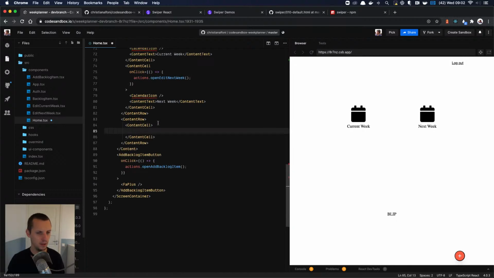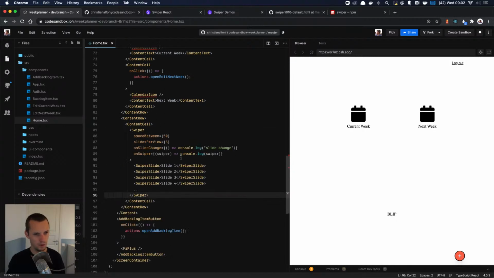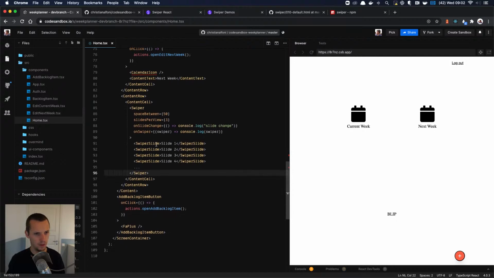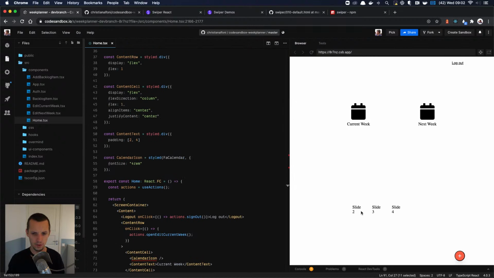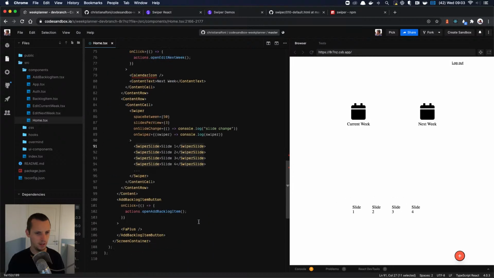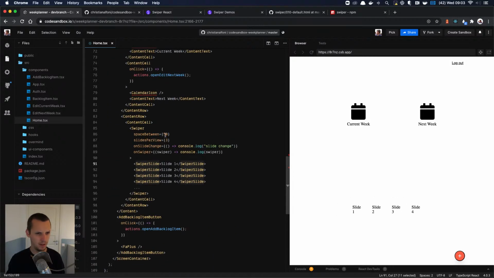Here it is. And then we need like a swiper. Oh, that's nice. Oh, it's working. The only thing is space between slides per view 1. Like how do we... Oh, wow, this is actually working quite nicely.